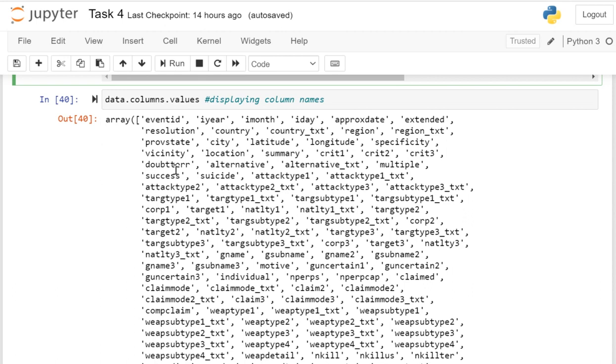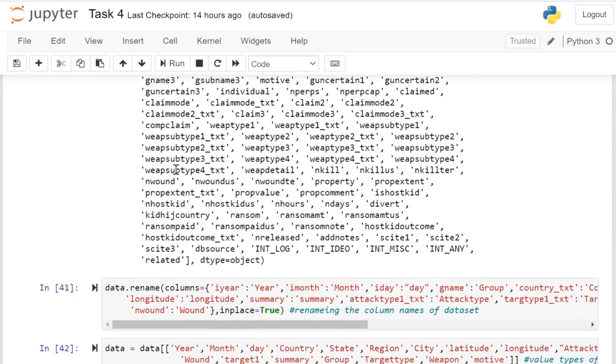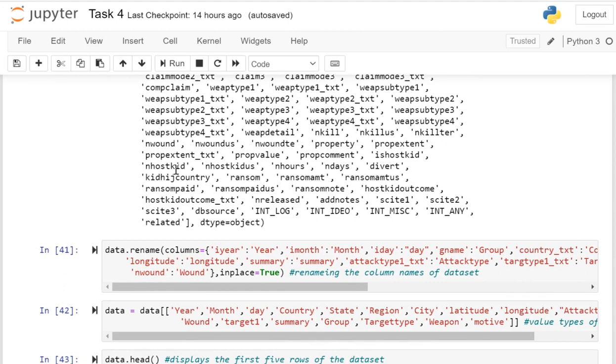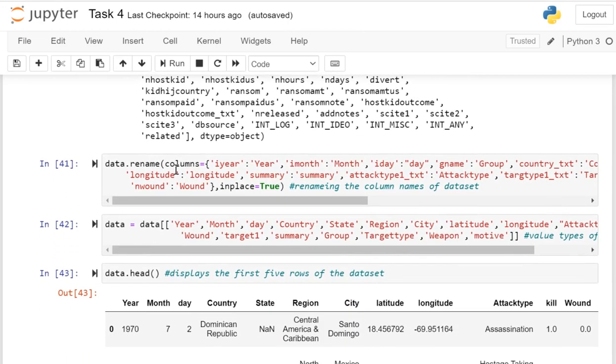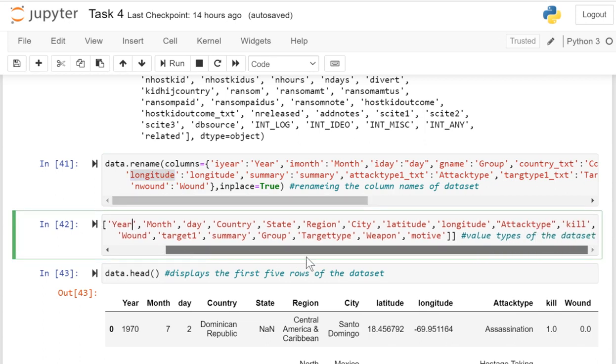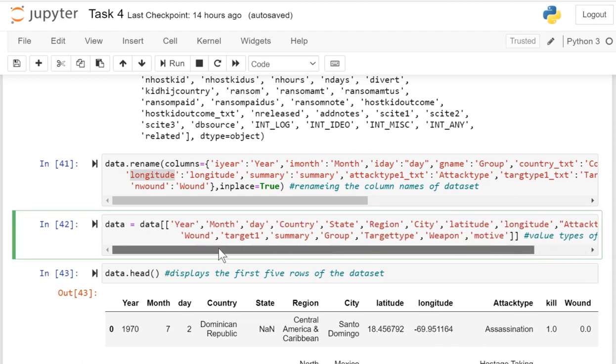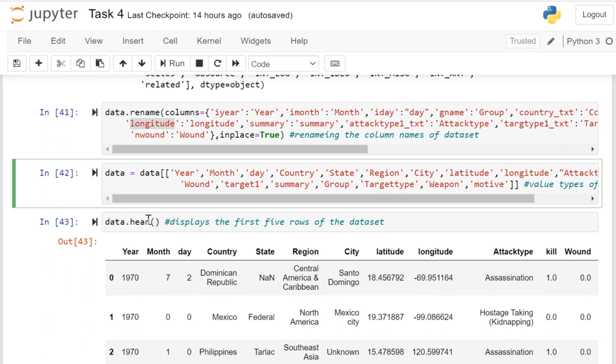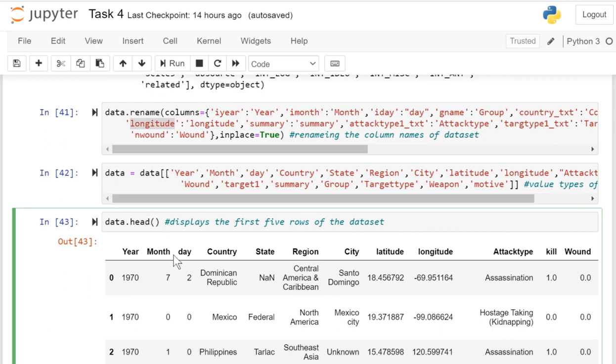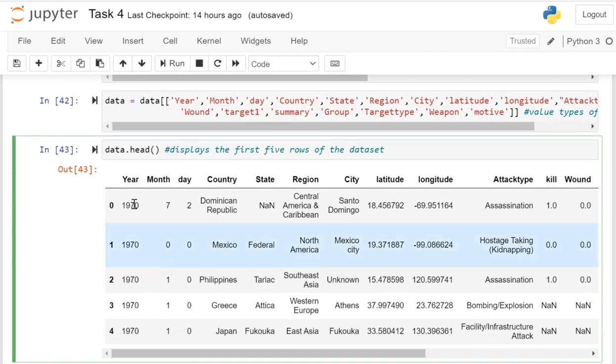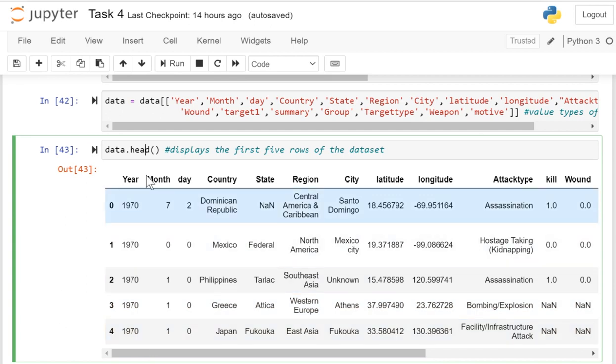using data.columns.values. Next we are renaming the column names of the dataset over here, and here we are displaying the value types of the dataset. In the next step we are displaying the first 5 rows of the dataset. So here we are displaying the first 5 rows with all the details,